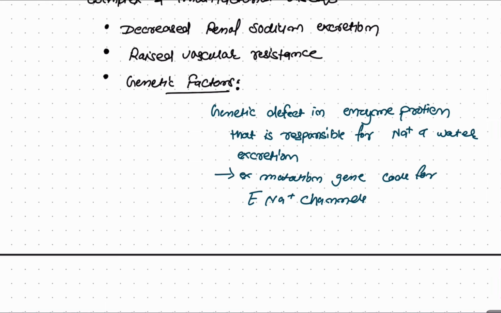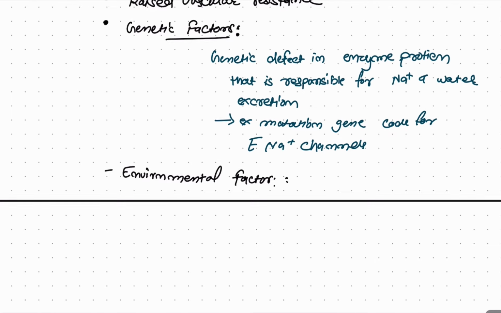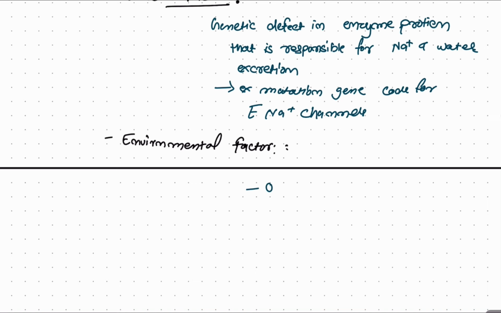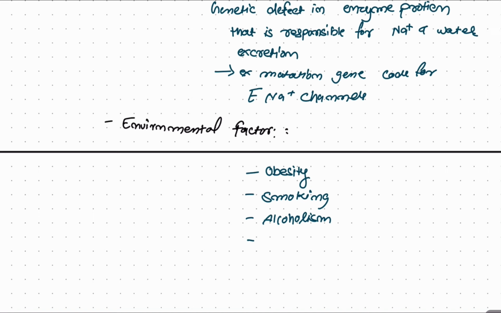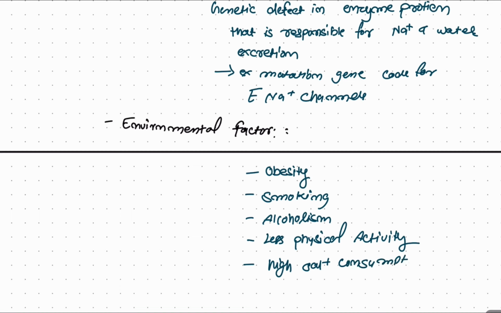then environmental factors. Environmental factors can be obesity, smoking, alcoholism, okay, less physical activity and high salt consumption. Okay, now let's discuss secondary hypertension